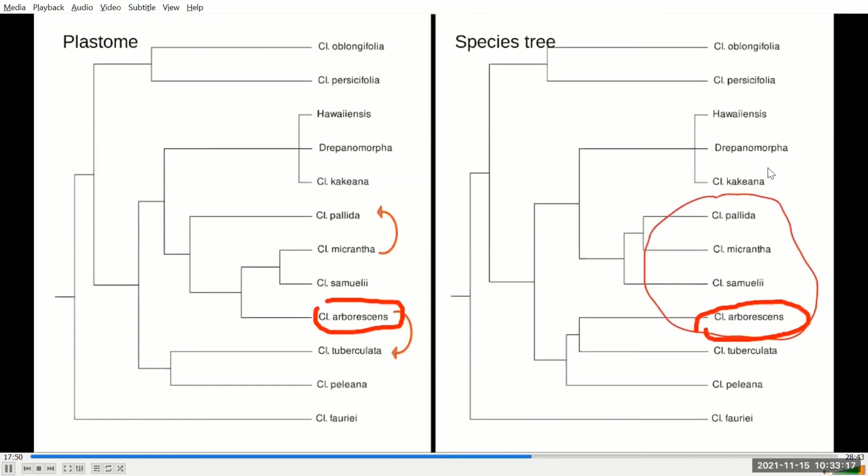So here's the plastome tree on the left and the species tree on the right. And as you can see, one important difference is that Clermontia arborescens has moved down to the tuberculata peliana clade. So in the plastome, it was found in this clade, and in the species tree, it's found down here. And then similarly, the ordering inside the Pallidamicranthon samuelii has changed. So from these two differences in these two trees, you might be able to place two hybrid nodes on a